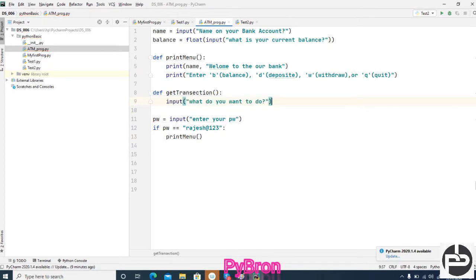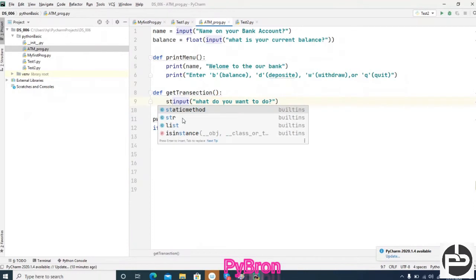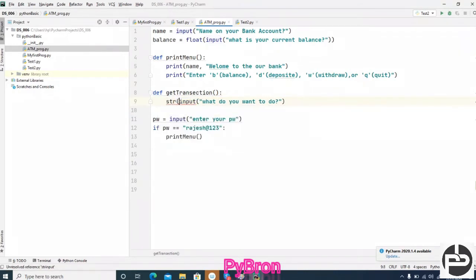Okay, so you took the transaction, and this transaction means whatever the user is going to pass. The input method will return what? The input method always returns a string value, right? You can convert this to string also, and if you are not doing that, that is also possible.